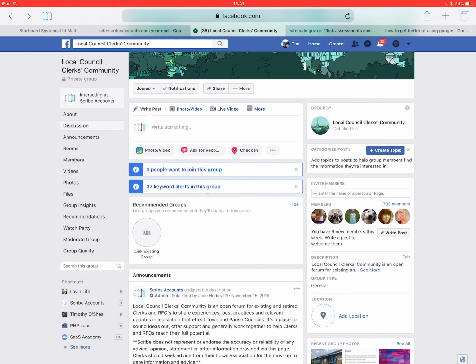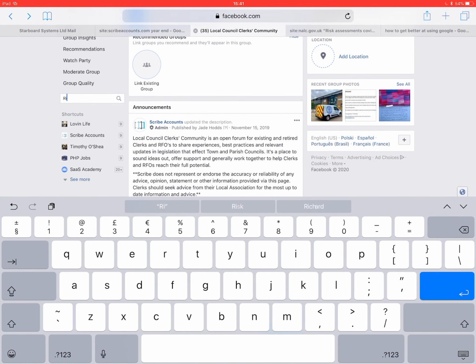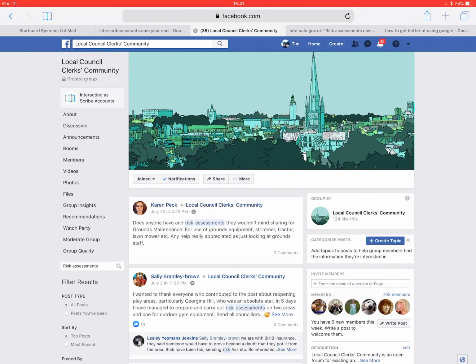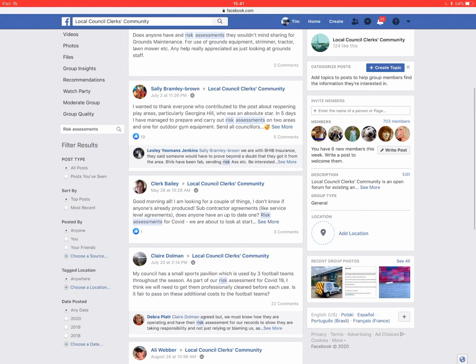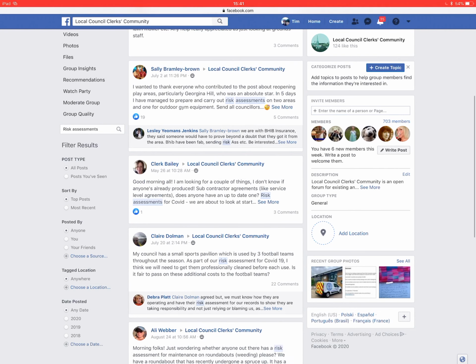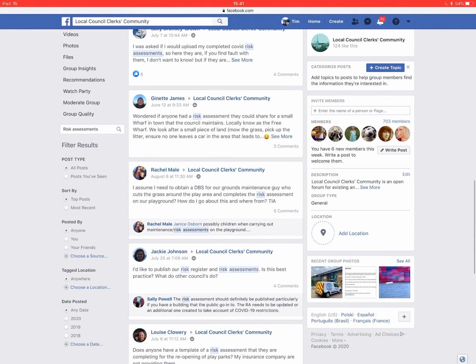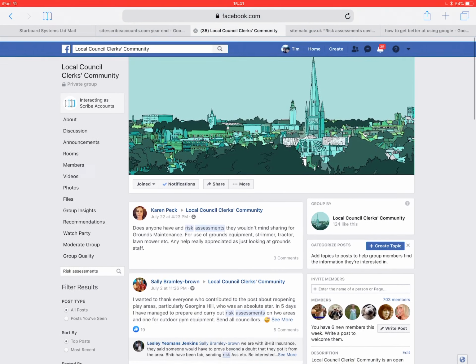So if I actually do the same thing, I can search within this group and see, I can search risk assessments again, and then I can find all the posts that have been talking about it. And here we go. There's comments and there's things that have already been asked. So you can actually search within the group and get the answers you're looking for straight away without having to